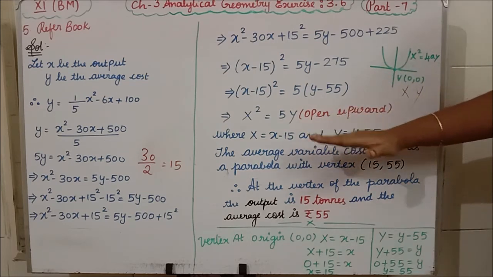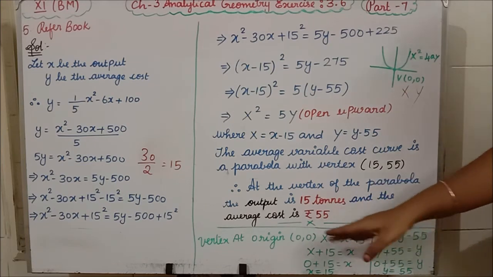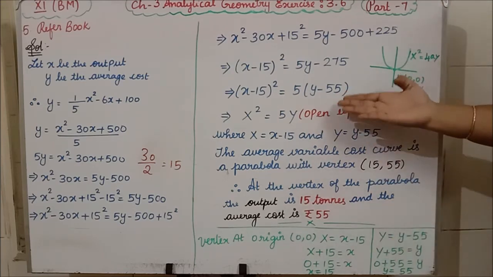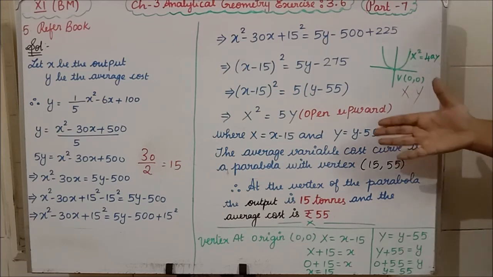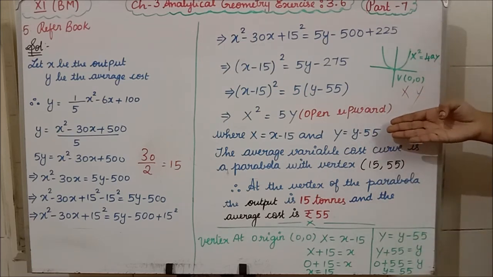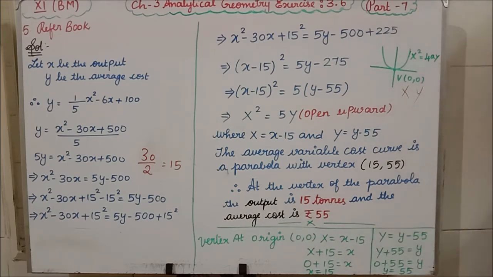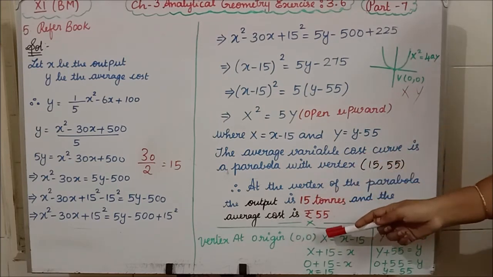See, after the step, how I have got 15 comma 55 means, see the step which I have done here. Okay, if you need these steps, you can write it on this side. If you need, you can also show it in the solution itself. It is very simple, I have not shown the solution, but for information I have written here. Clear students? Now, vertex at origin 0, 0.